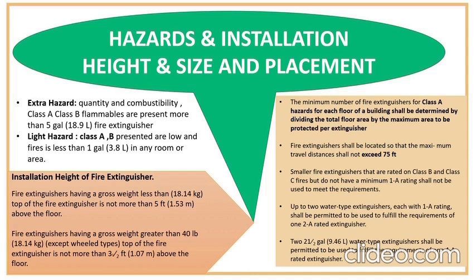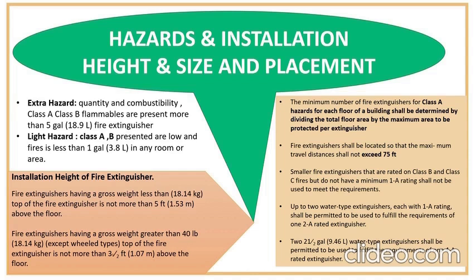So when you are installing the fire extinguisher, you have to consider the height from the floor level should not exceed 1.53 meter. And for a fire extinguisher having a gross weight greater than 40 lb, which is more than 18.14 kg, except wheeled type,